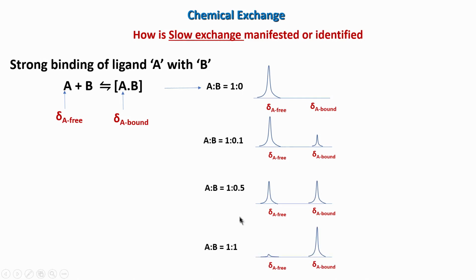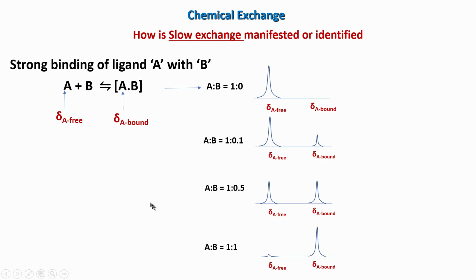Now, I can continue this further and add equal amounts of A and B. So, the entire A will get reacted with B and you will end up with AB as 1. If I add 1 of B and 1 of A, then the complete AB complex is formed and A is almost 0. Again remember, it will not be fully 0, because this is a reversible reaction, so there will always be a small population of A present in the solution. That is what is depicted here. You may have 0 or very small intensity, but the bound form has come to full intensity and a strong peak.